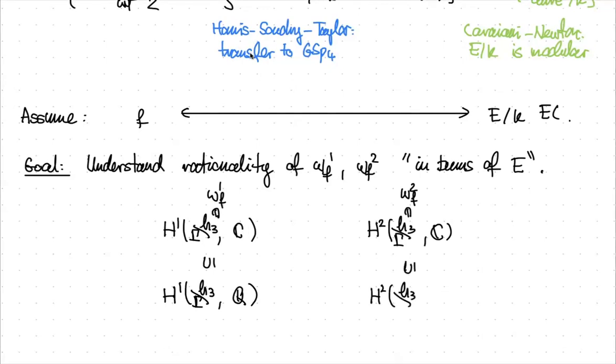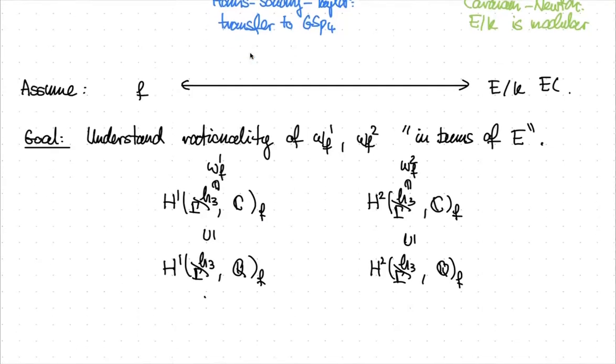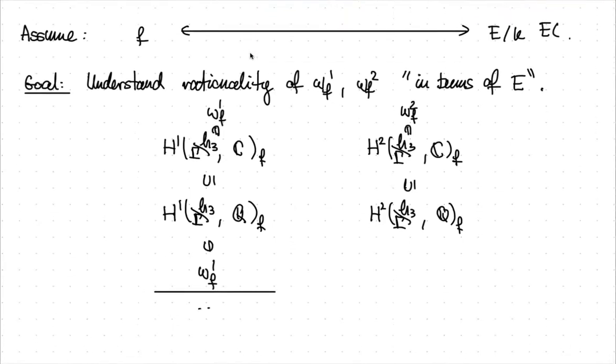So H3 gamma Q. And the lucky thing actually is that if you look at the action of the Hecke algebra and you look at just the part of the cohomology where the Hecke algebra acts with these Fourier coefficients, all these spaces will be one-dimensional. So you'll actually know that there'll be some multiple of omega f1. If I divide it by the right complex number, I'm going to get a rational class just because these are one-dimensional vector spaces. So actually, already abstractly, there should be some complex numbers, and I'm trying to interpret them.